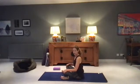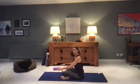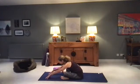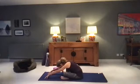Sit up, squeeze your core, and then hinge forward, fingertips down, and slide your fingers away from you. Keep drawing the core in, keep chest lifting, and then you'll get to the point you can't go anymore. Press your fingers down, relax your head, and then draw straight arms, shoulder blades down your back, so pressing down